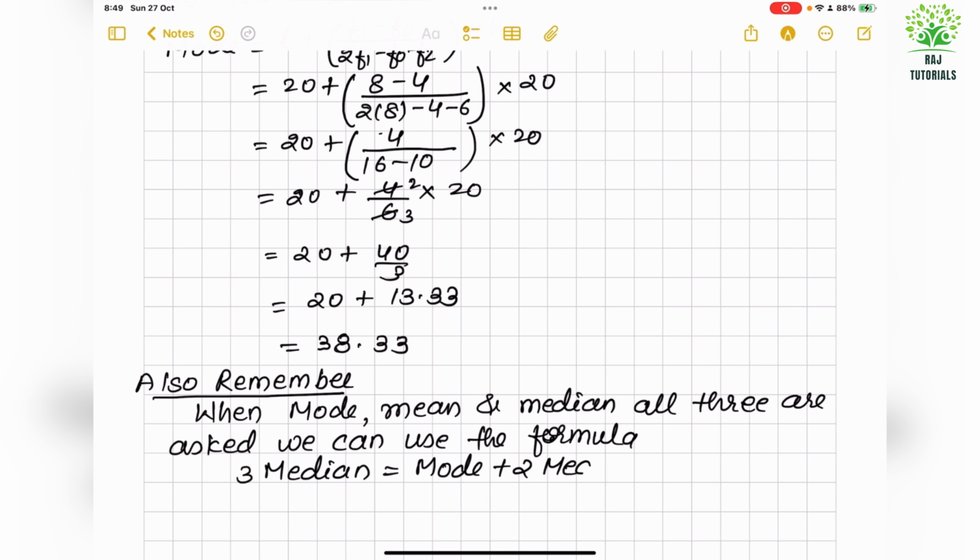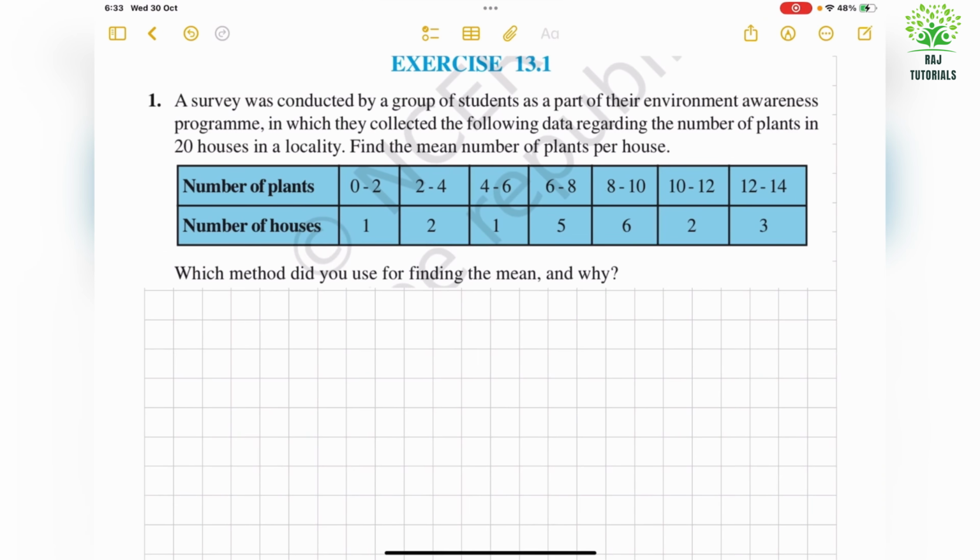That means even if suppose I know mean and mode, I can put the value in this and I can find the median. Now, exercise 13.1, the first question says a survey was conducted by a group of students as